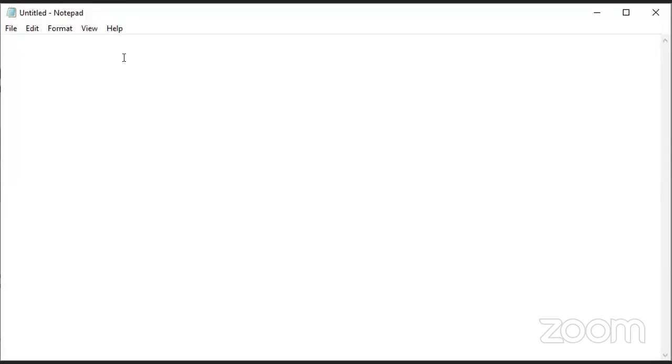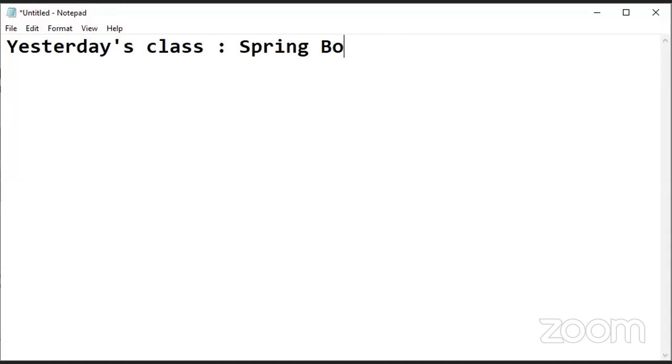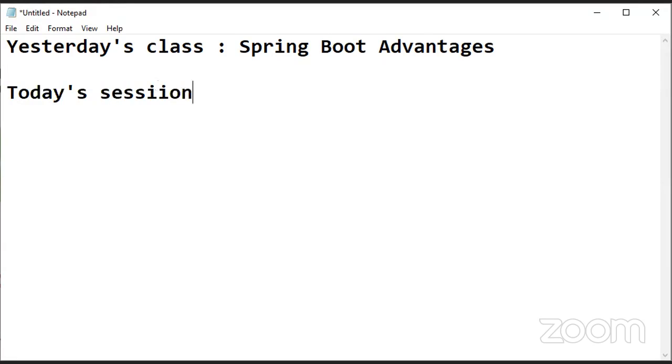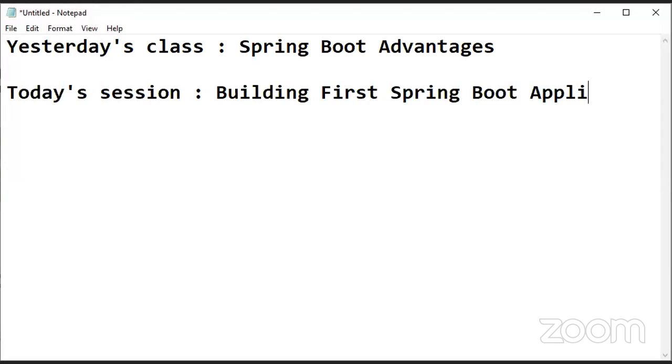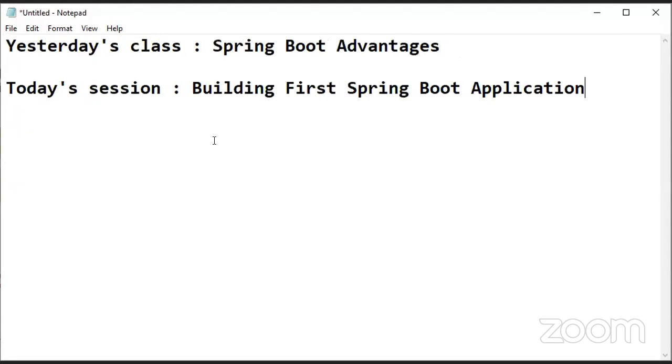Yes, right. In yesterday's class, we discussed Spring Boot advantages. In today's session, creating first application using Spring Boot. Building first Spring Boot application. About how to build our application and